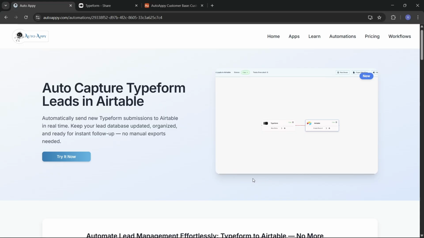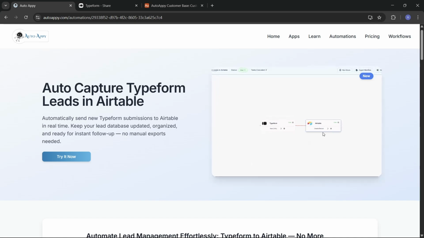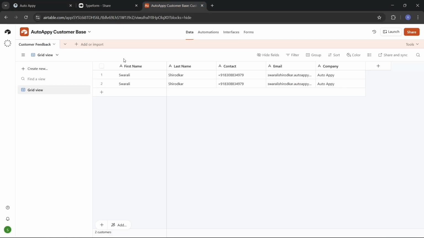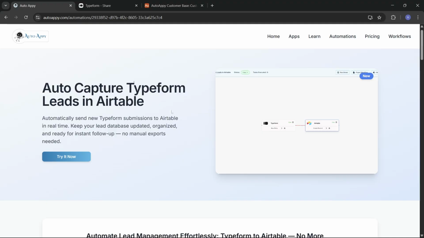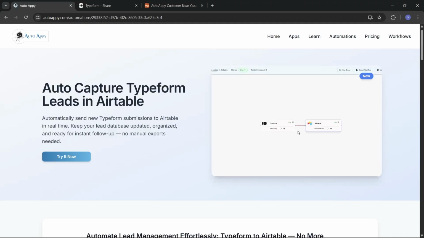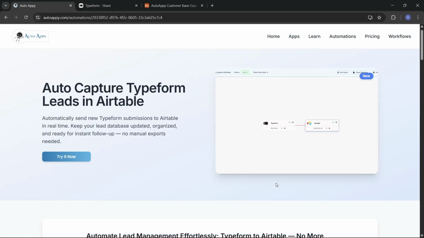Consider that you have a contact base which you have to maintain in your Airtable, like one I already have. Suppose you have to maintain such columns and such details of your customers whose responses you have already taken from your Typeform, and you also want those details to be stored in your backup for your future references. So in that case, if we had to do this manually, we would actually have to